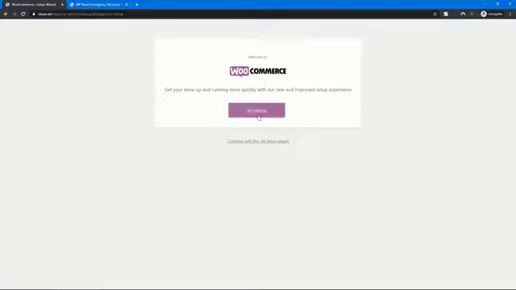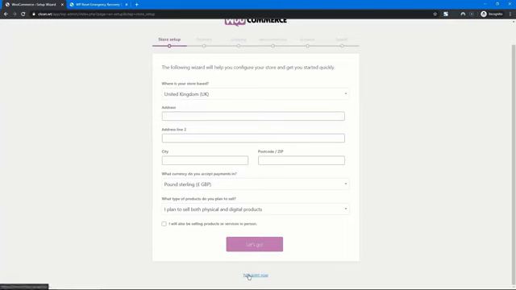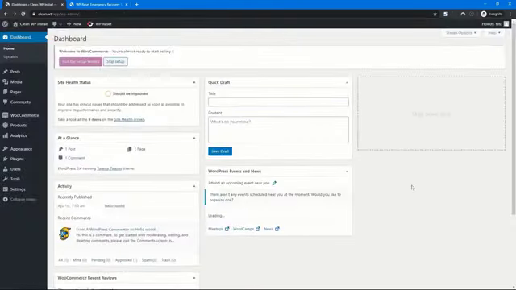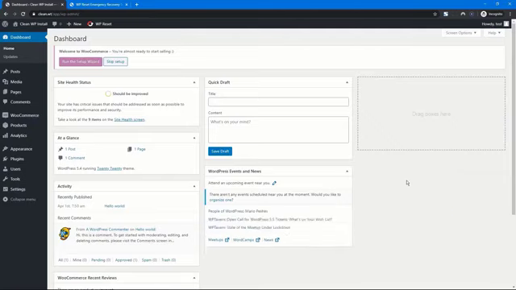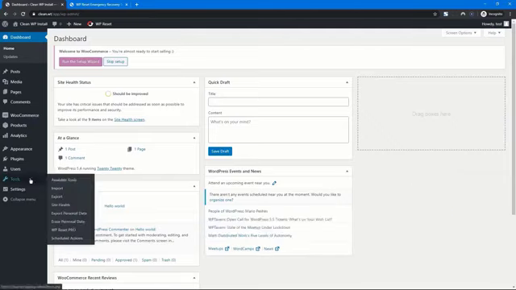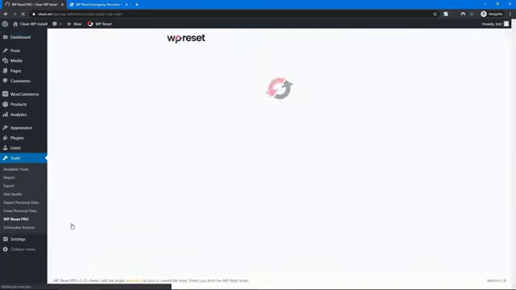Okay, now we have to, well, we don't actually have to do anything. We just close, not right now. Okay, so now the plugin is installed. We go to WP Reset Pro,